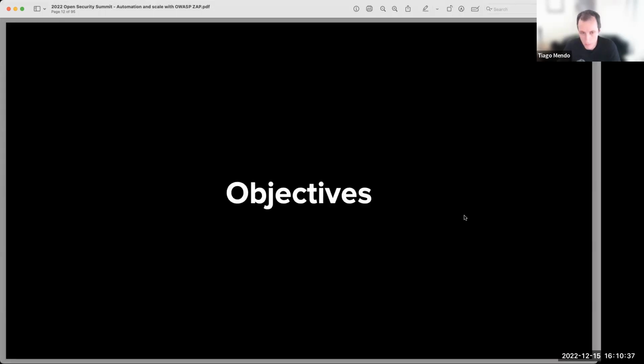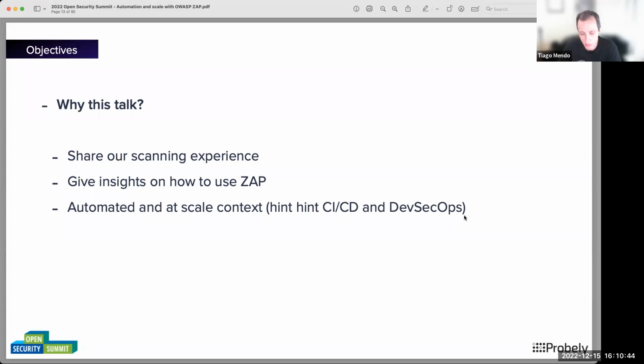So now let's stop talking about me and let's talk about the main subject. To give a little bit of context and put some bounds on the presentation, our goal is to share our scanning experience, mainly with ZAP. It's not the only scanner or tool we use and have been using, but it is one of our most important tools. And we basically want to share some of the things we experienced, so others, of course, can benefit from